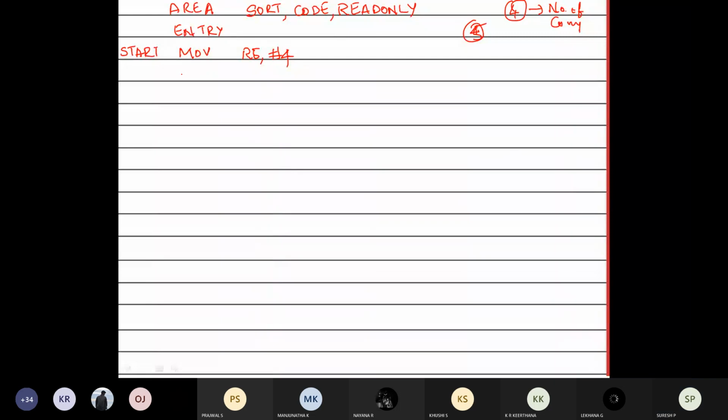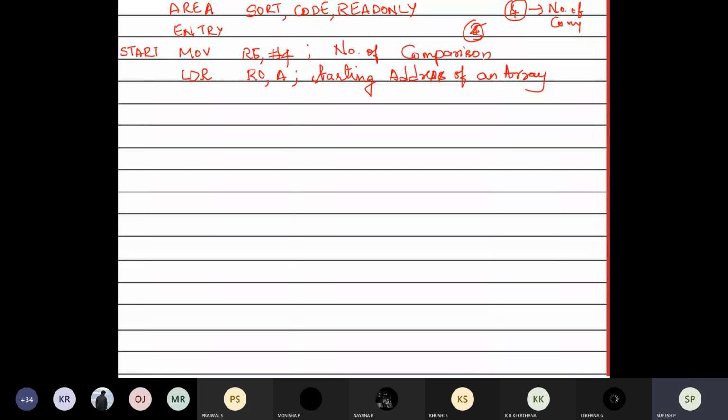I need the load address instruction, to load the data into A. That is going to load the starting address of the array. This is the number of comparisons which you are going to have.